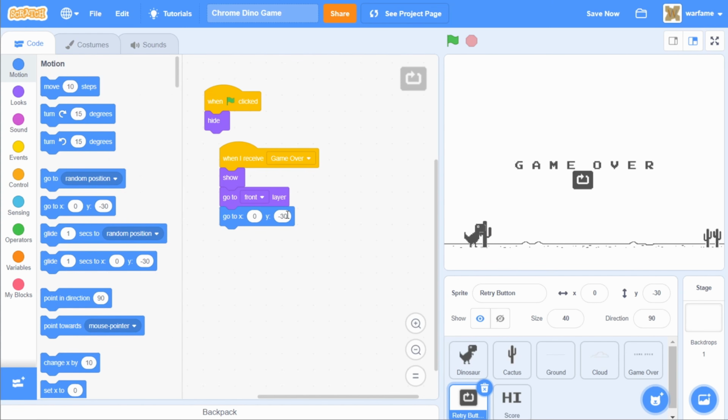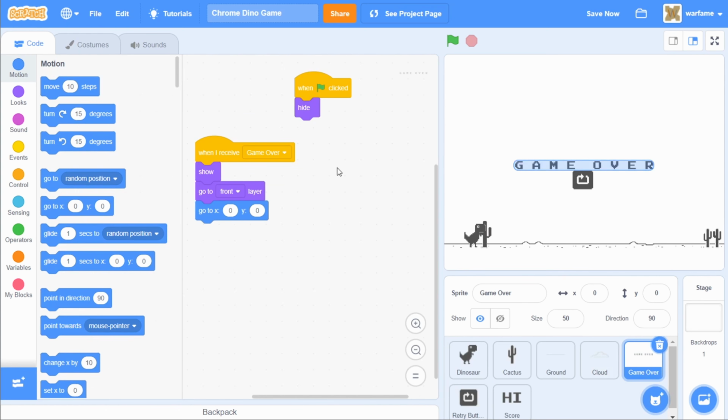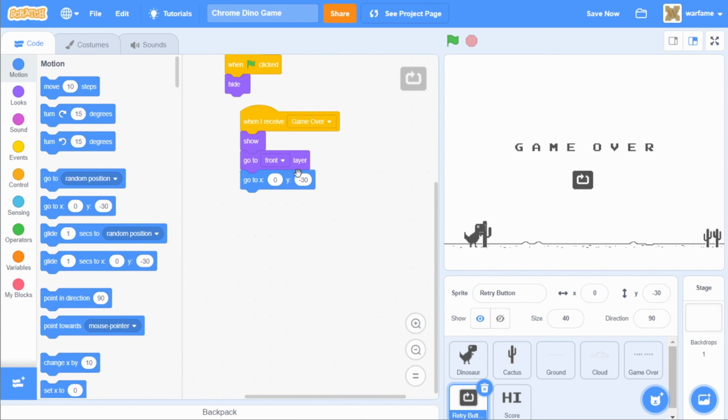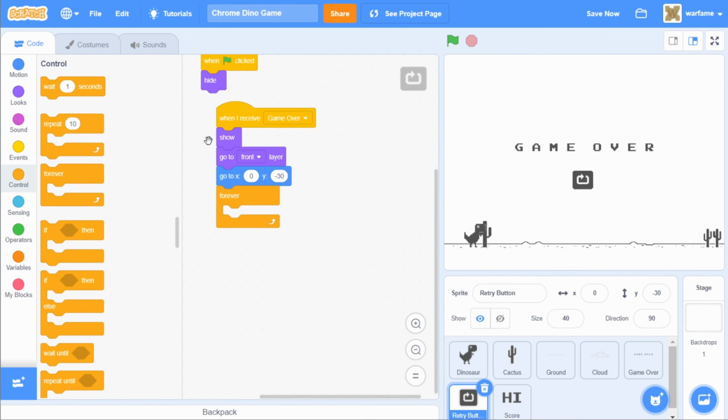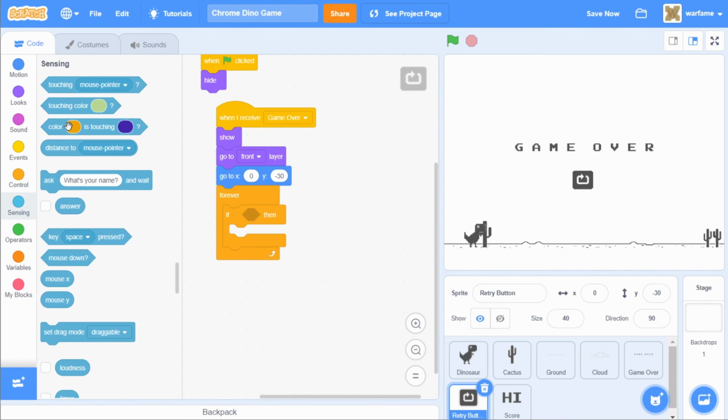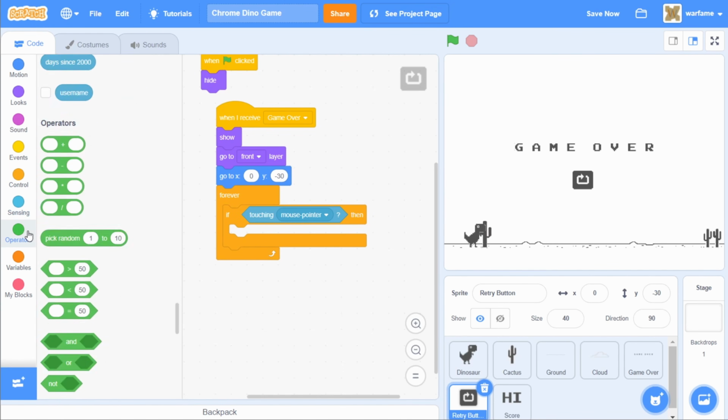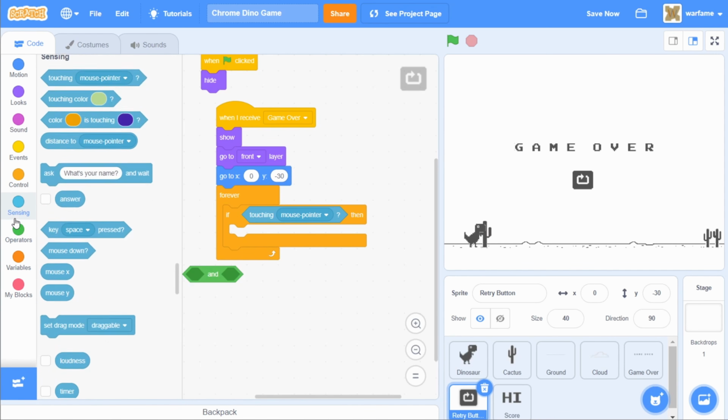But I want to move the game over text up a bit. So let's go inside of the game over sprite, and I'll change the Y position to, let's say, 30. All right, I think that looks a bit better. And let's go back inside of the retry button sprite, and then I'm gonna add the code for when we click on the button. So let's go inside of control and drag a forever loop. And we wanna check if touching the mouse pointer, and if the mouse is down,